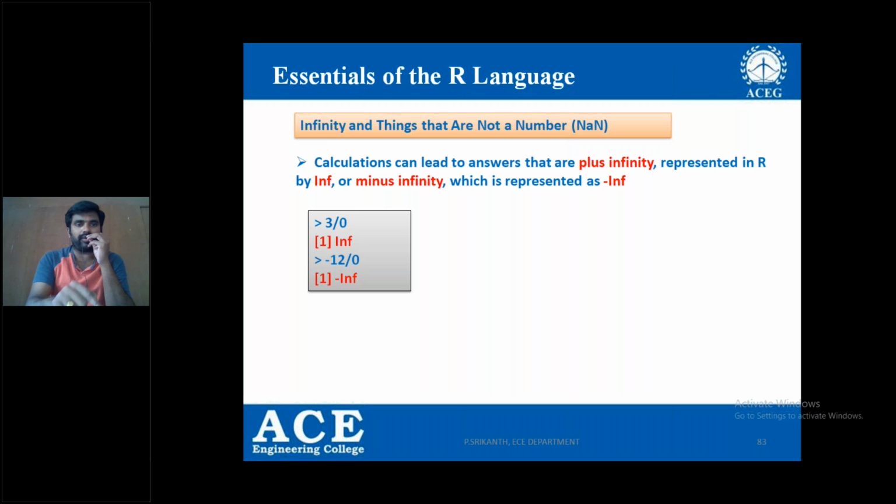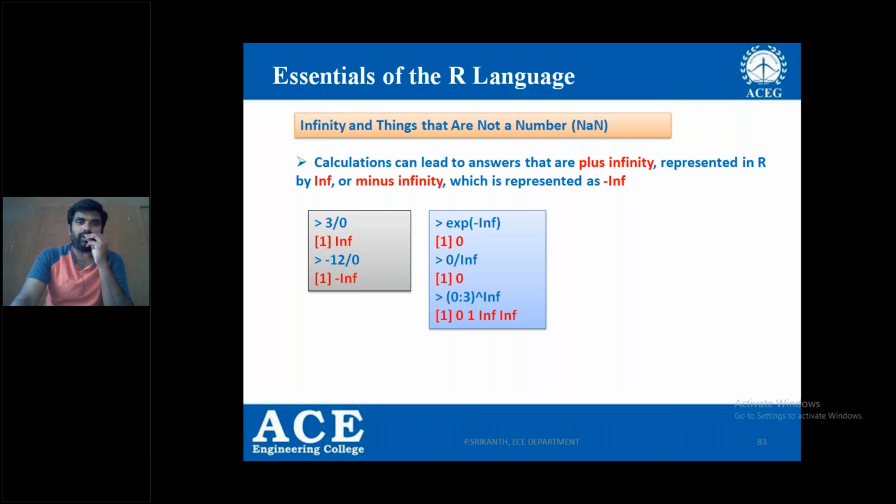All of these can be checked at the R language prompt. If you have R installed on your PC, you can just copy the code and check the result in the console window of R or RStudio. So it returns plus infinity or minus infinity.